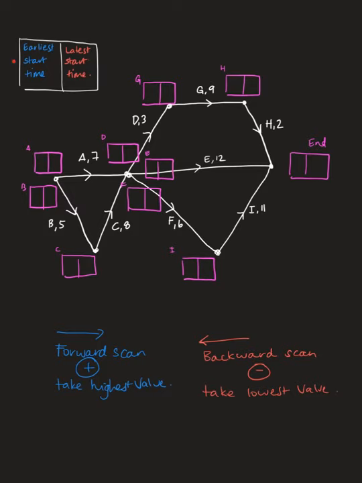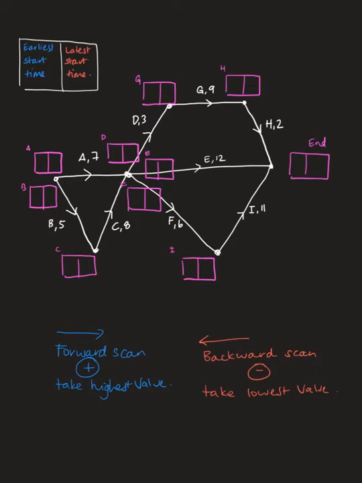Now remember, with our boxes, we put in the forward scan earliest start time in blue, and in the second box, we put the latest start time in red when we do the backward scan. So we get the start from the forward scan and we get the second one from the backward scan. All right, so starting off doing the forward scan,